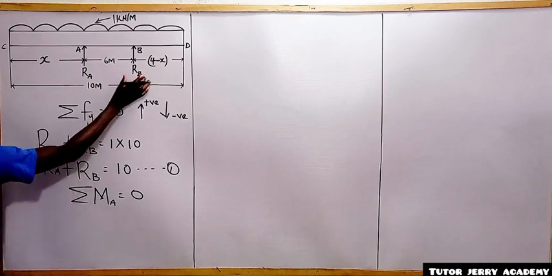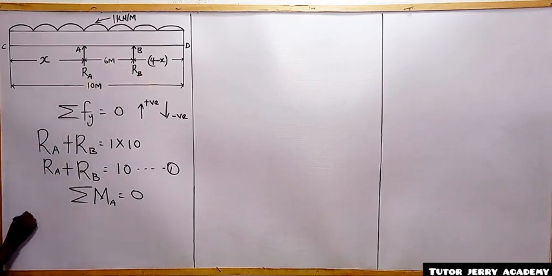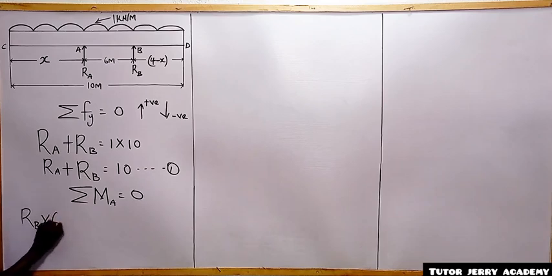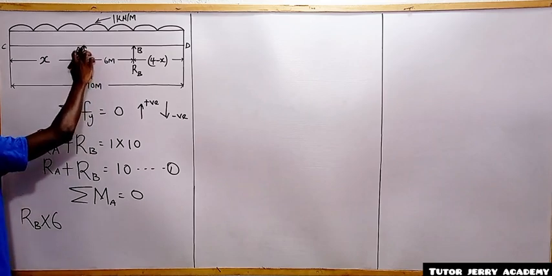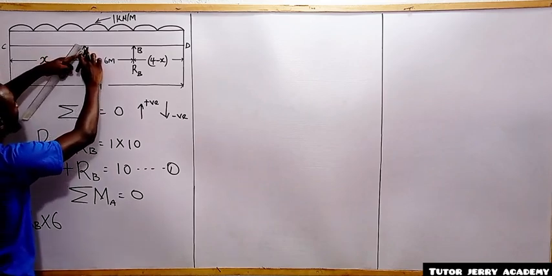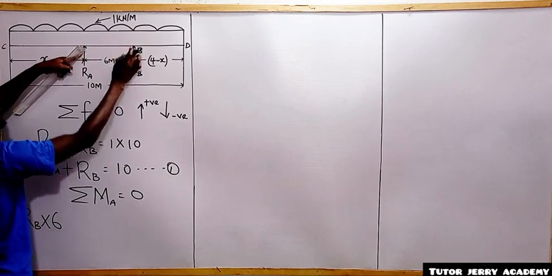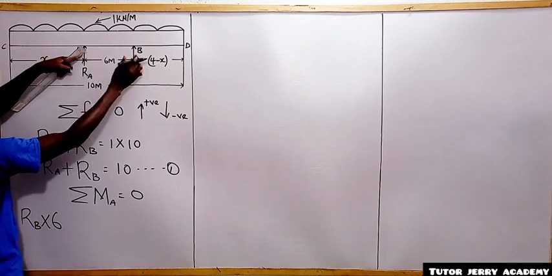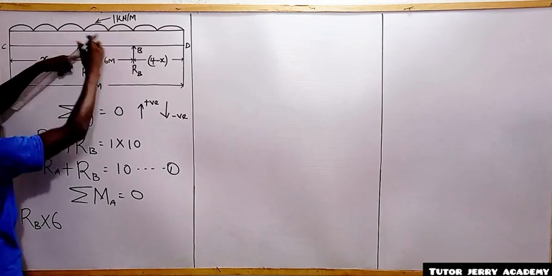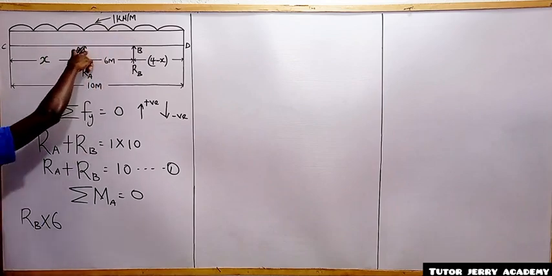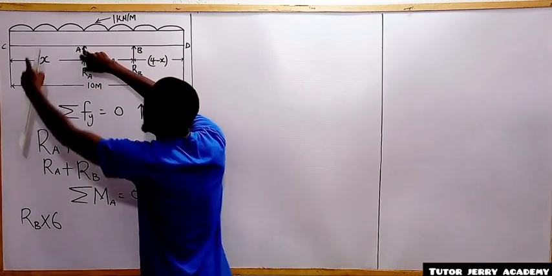Positive. All right, so now it means that ROB multiplied by 6. So we are going to have ROB multiplied by 6. All right, so now don't forget that here if we take our moment towards this side, it's going to be a what? An anti-clockwise moment. So again, at this point A, if I stand at this point A and I'm taking